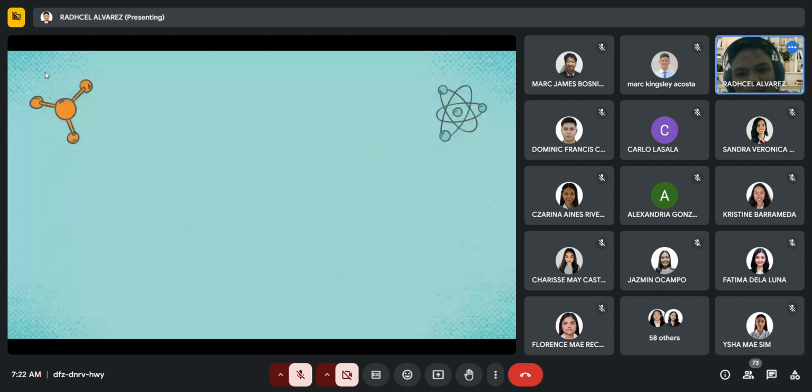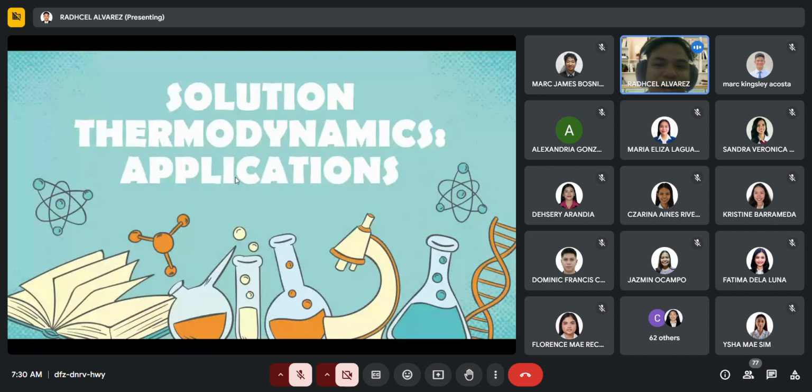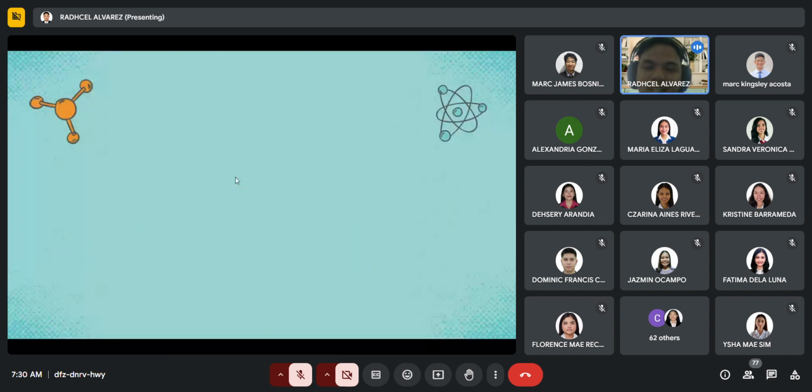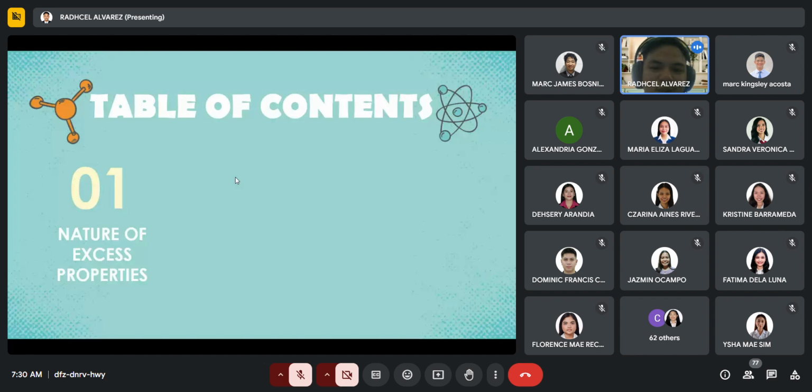So let's start with the table of contents or the contents of this presentation. So for today, we will be focusing on the applications of solutions thermodynamics. By definition, when we say excess properties, they are defined as the difference between the properties of solutions. So we're going to focus on the applications of solutions thermodynamics. Okay? So for this discussion, we will be talking about three subtopics. Particularly, we will be discussing the nature of excess properties, also the mixing processes, and lastly, the heat effects of